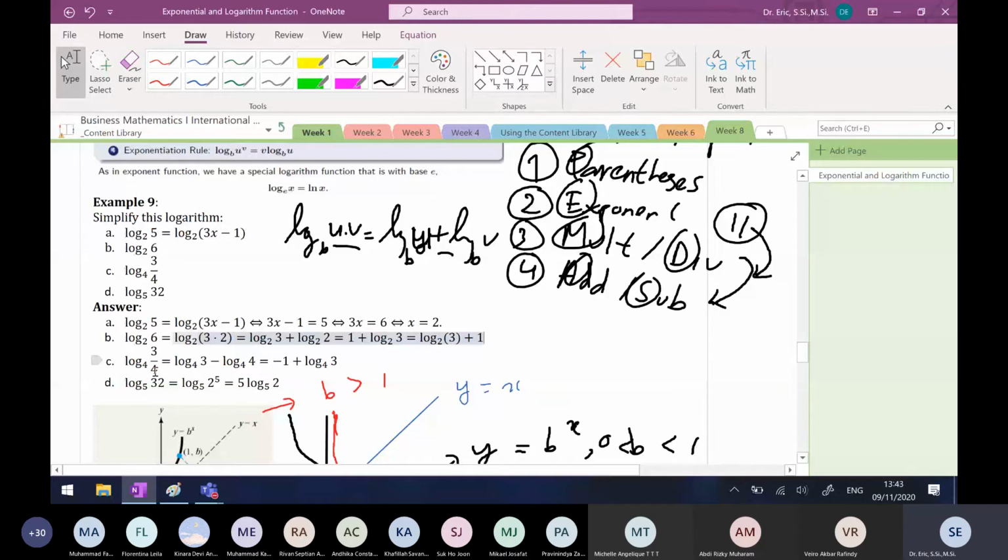If I have log of 3/4, don't forget, logarithm simplifies things. So it will give you log 3 minus log 4 with the same base 4. What is log 4 with the base 4? It is asking 4 to the power of something is 4. What is something? 1. So I have log of this minus 1. So minus 1, I put in front, so you don't get mixed up with log of 3 minus 1. So you have minus 1 plus log 3 to the base 4.